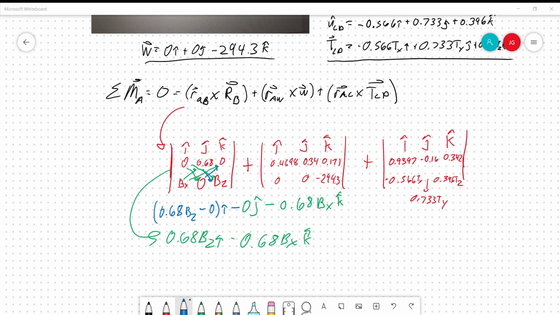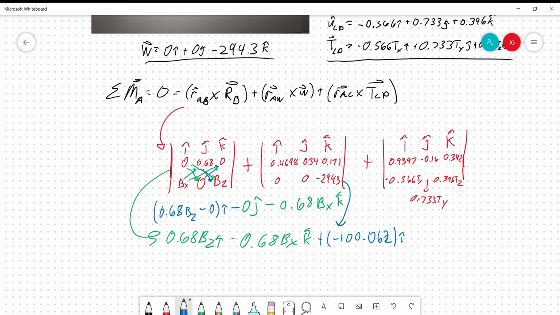Okay, there you go. So we got that, and then this. I'm gonna do it in different colors. And this one, I'm gonna put right here. I'm just gonna put that plus. So all being plus. Anyways, the only thing that's gonna survive here is the I and the J. So it would end up being minus 100.062